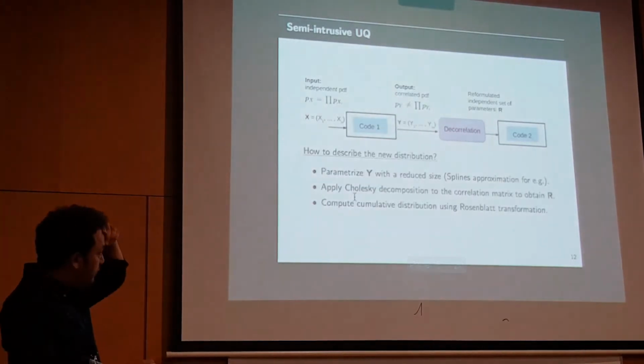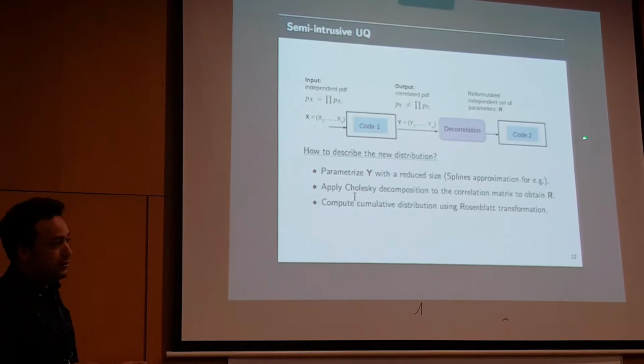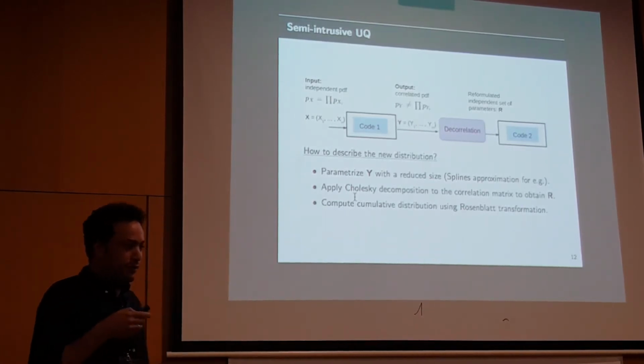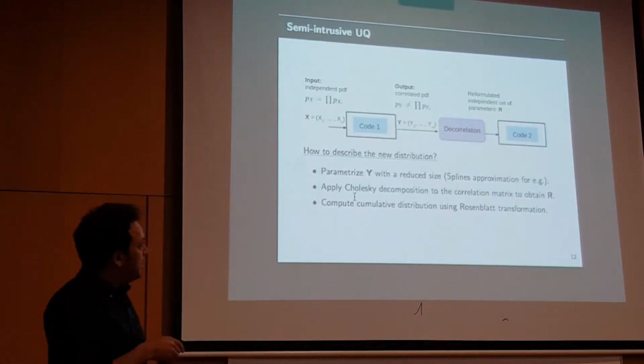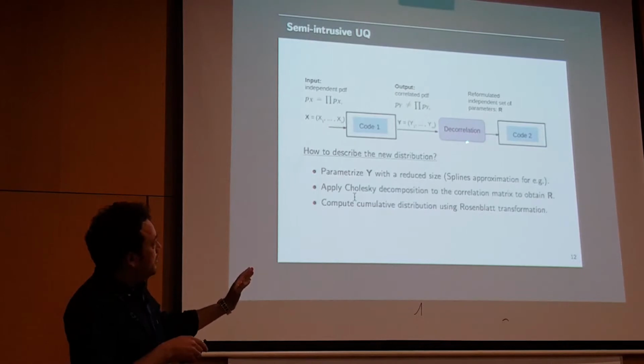So what we did, we parameterize the output using reduced size. We use an approximation with splines. It's smooth, and I think a degree 3 spline gives us good smoothness. Once we have this new parameterization, we want to construct a new